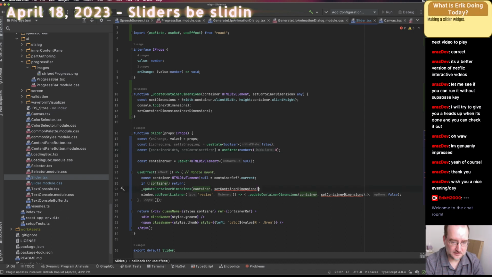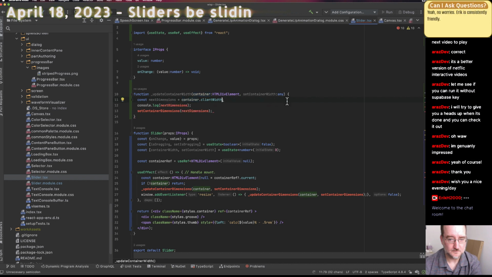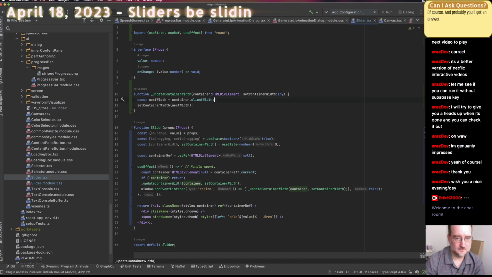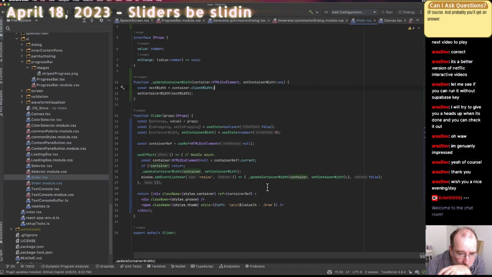Simpler code is better code. Okay, so now that I know the width,